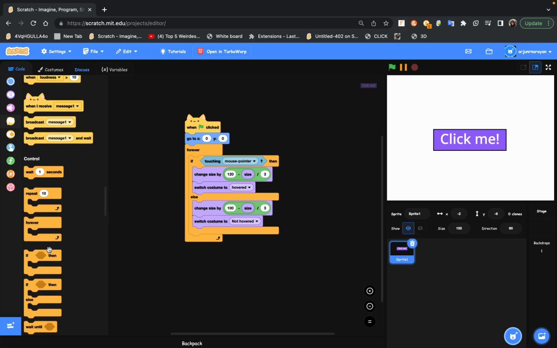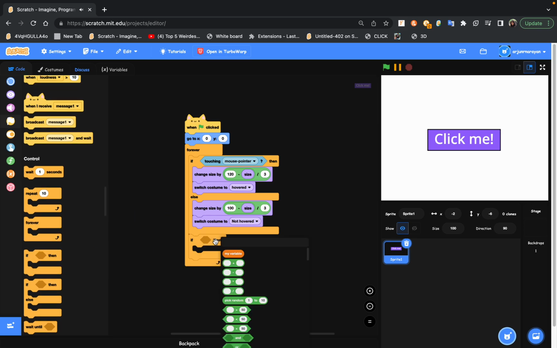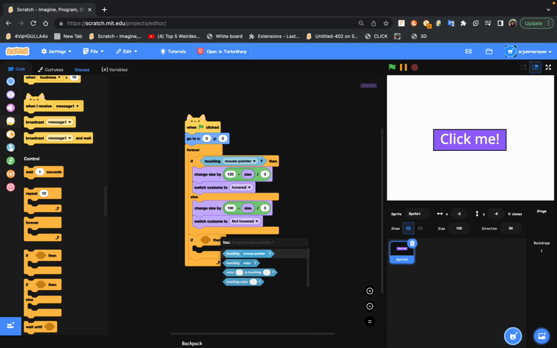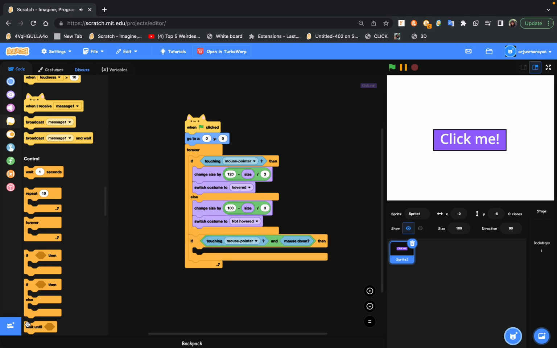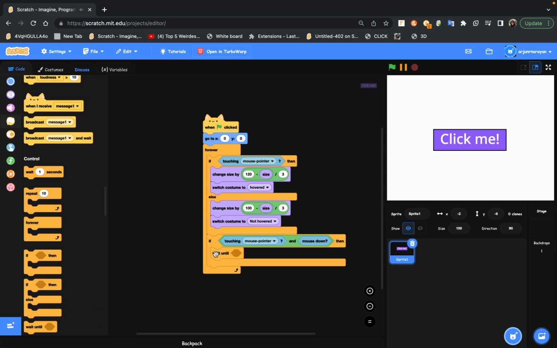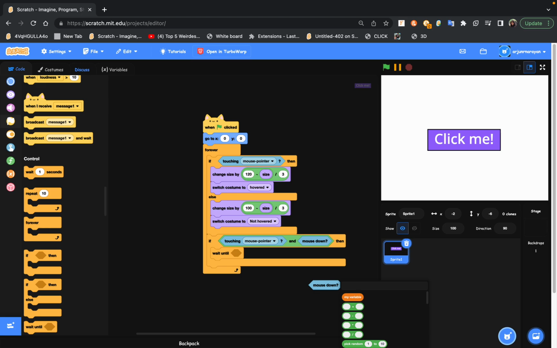If we are touching the mouse pointer, and mouse down, and then we are going to wait until we are not mouse down,